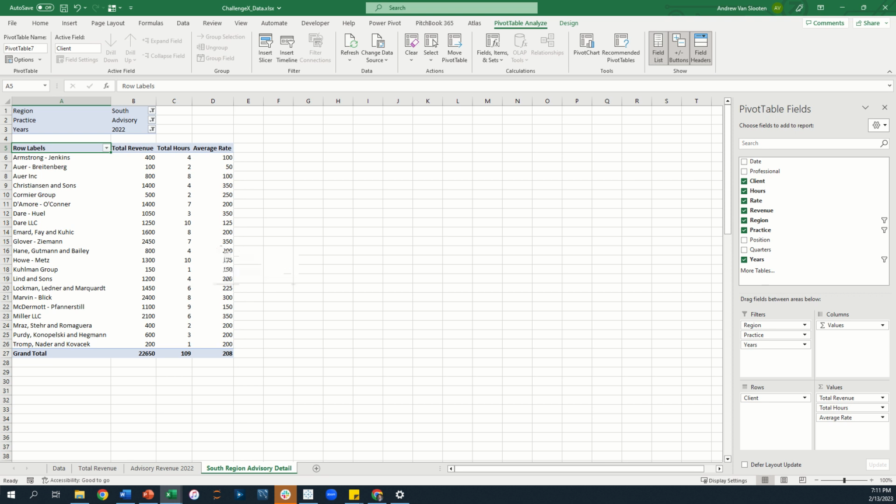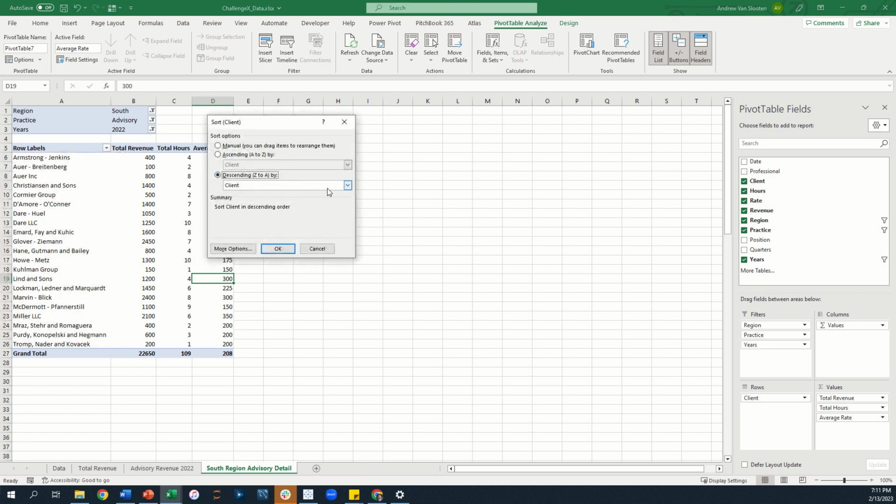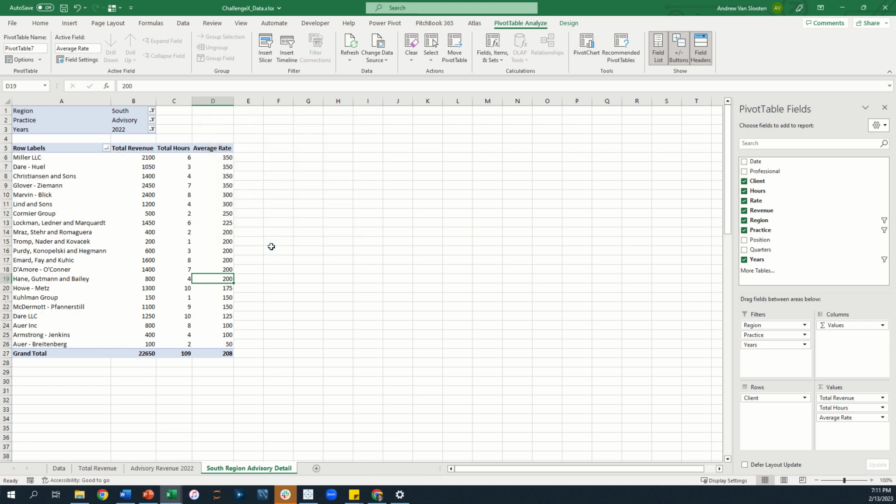And so here are our numbers, and then we want to sort the table to show clients billed at the highest average rate in descending order. So we're going to want to sort on this column right here, the average rate column. So go into row labels and more sort options. I'm going to choose descending by average rate, and now all of the data is sorted based on the average rate column in descending order. Then we can rename this region